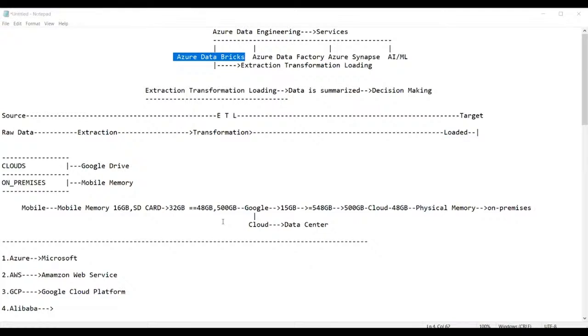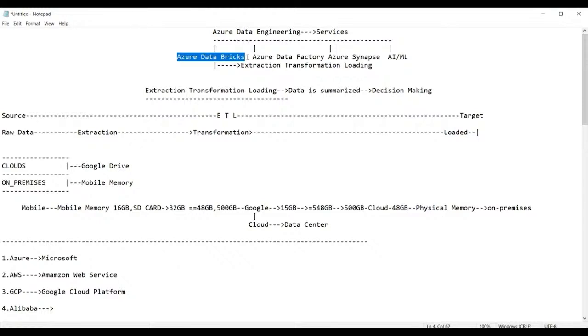Azure Data Factory and Azure Databricks both are used for the same process, but in Azure Databricks you can use what is called a CUI, a character user interface, where you need to use different languages: Python, Scala, R, and SQL.